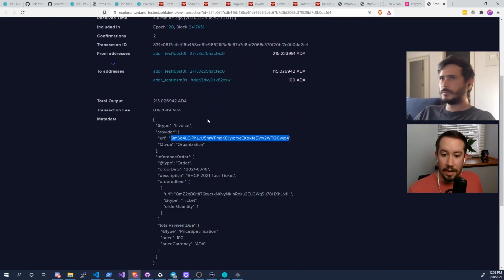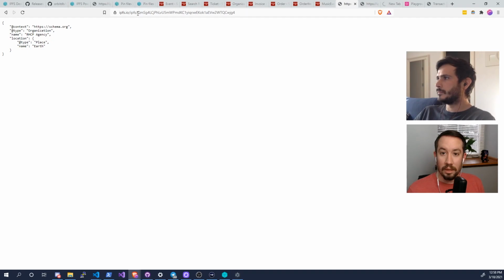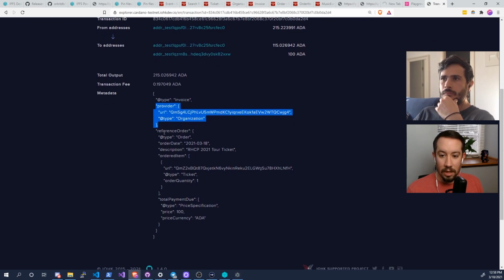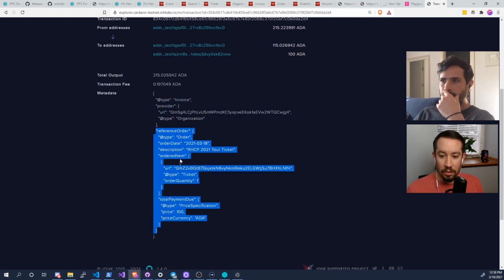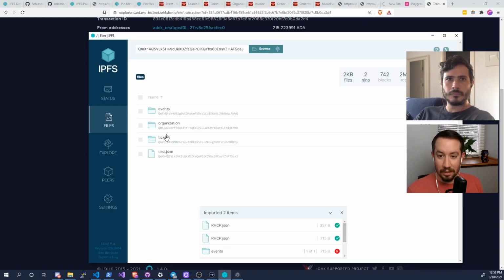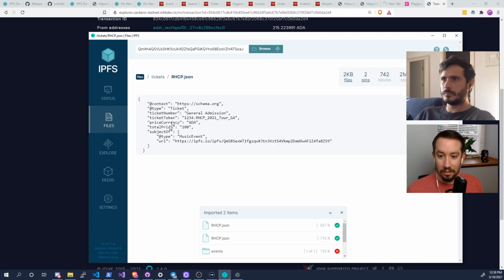All right. So we have an invoice provider. So here's the organization, right? So it's kind of like saying, which is the same thing. So basically, our metadata is linking to an organization. We have a reference order, which links to our order item, which I can't pull up the ticket, but it looks like this, right? And then our ticket,